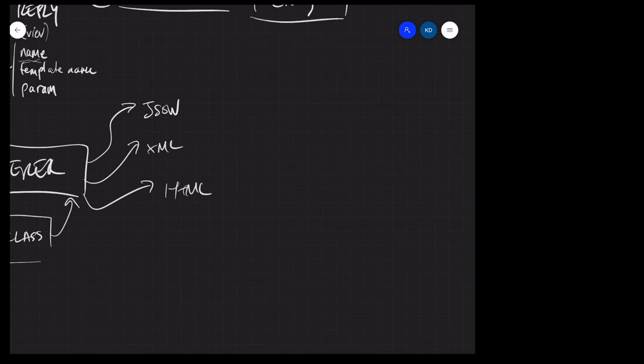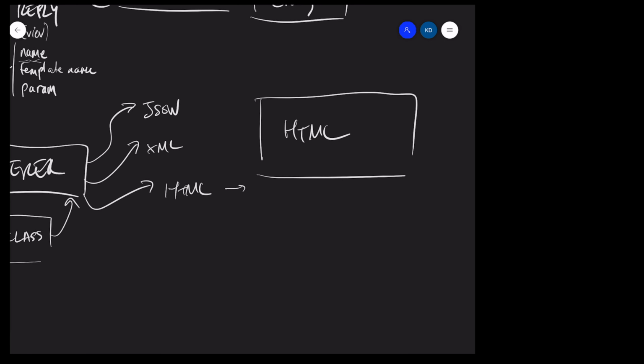And in the case of HTML, then we will start up the HTML renderer. Now the HTML renderer has a number of things that it can do, and just for example, it has the ability to take raw BB code and convert it back into HTML, ready for insertion into a template.